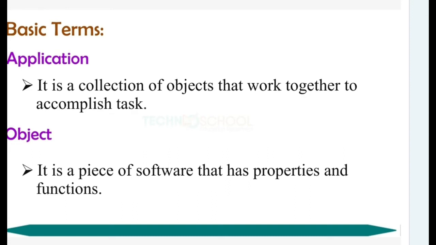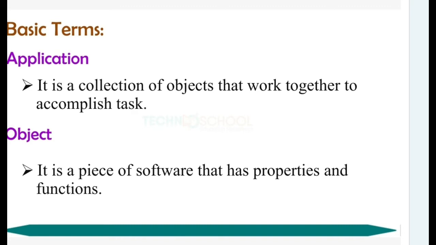So here they are talking about a software application. It is the collection of objects that work together to accomplish tasks. The task can be anything. For example, using a ticket booking system software application, we are booking and registering tickets. This is the task here. And invoice preparation: we give some product values, and it will add the totals and the GST value. So this is the meaning of application.